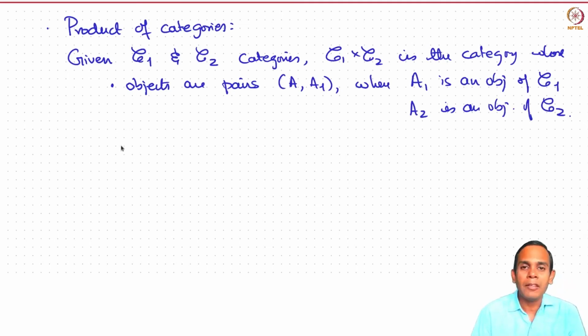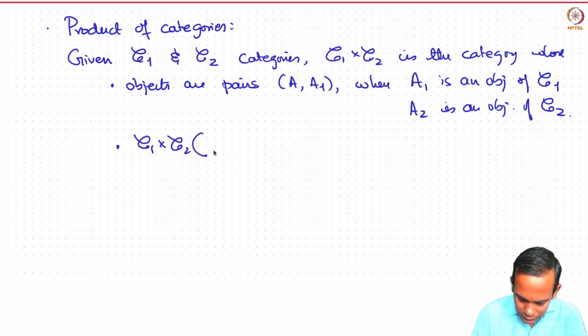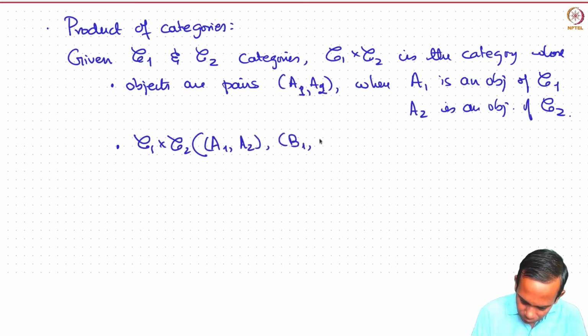And given... so we should also say what morphisms are. In C1 cross C2, this is A1, this is A2. So we have an object (A1, A2) and another object (B1, B2). Then a morphism from (A1, A2) to (B1, B2)